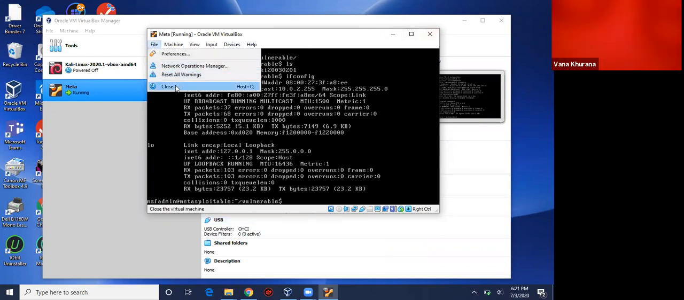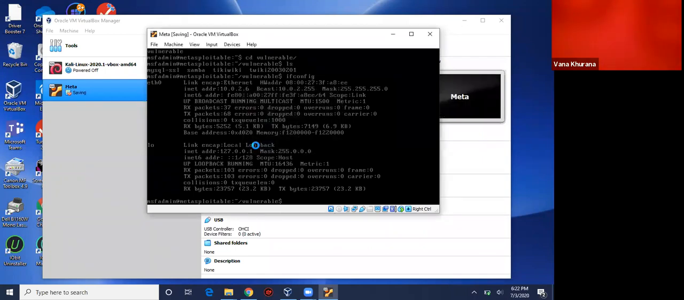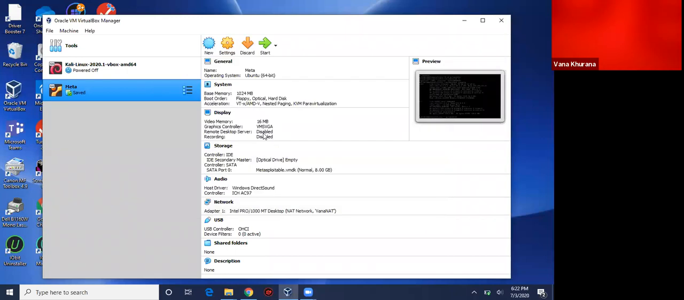Close my machine. I can save the machine state so that I come back later and it is closed. And I'm going to stop this video and hopefully you'll be able to spin up. Once you're in VirtualBox,